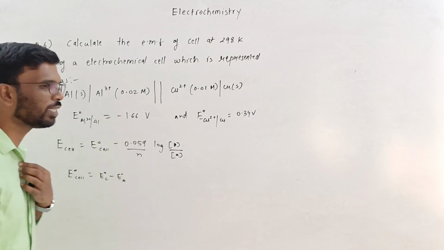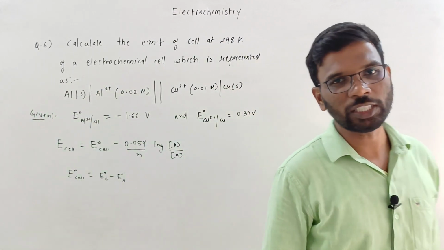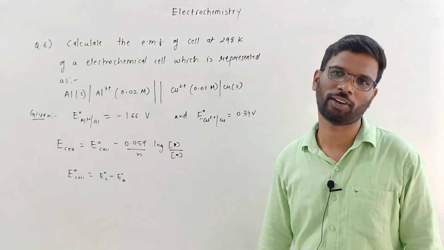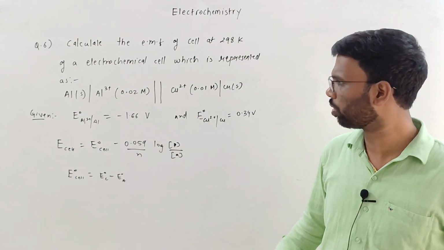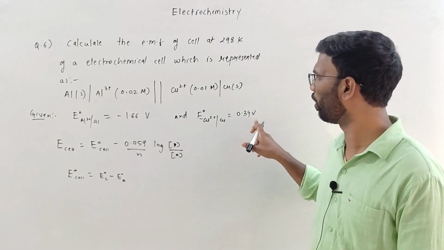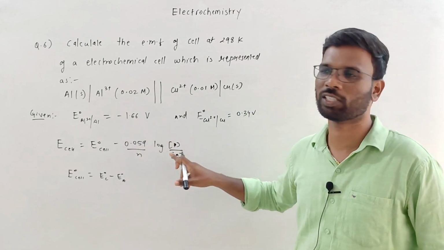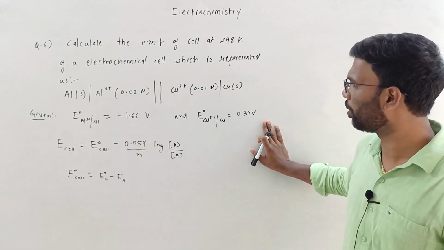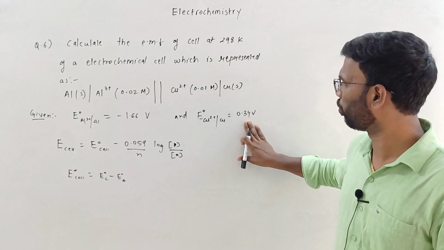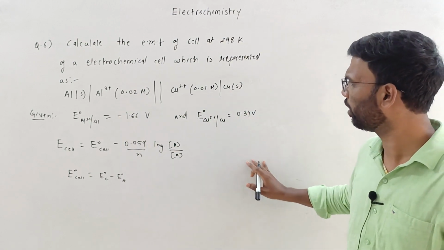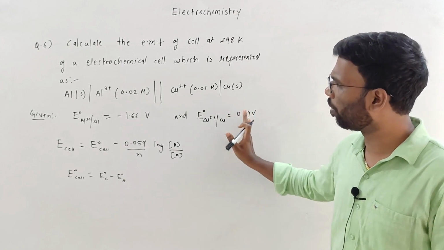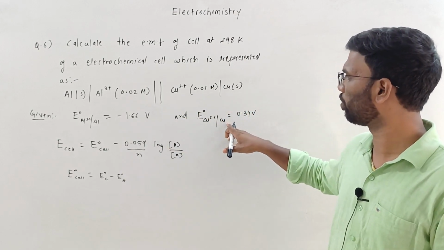Now among this, which one is the cathode and which one is the anode? Always remember, the one which has the higher reduction potential will undergo reduction, meaning that it is acting as the cathode. So among these two electrodes, 0.34 and minus 1.66 volt, who is acting as the cathode? 0.34. This is acting as the cathode because it has a higher reduction potential. It is not necessary that it should be positive. Comparatively, even if this was like something minus 0.